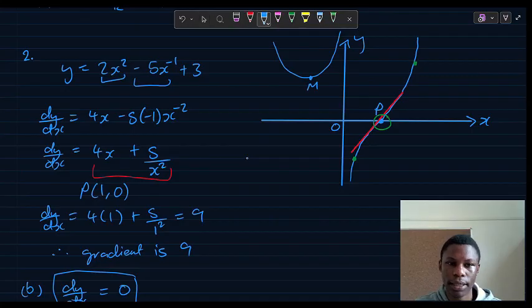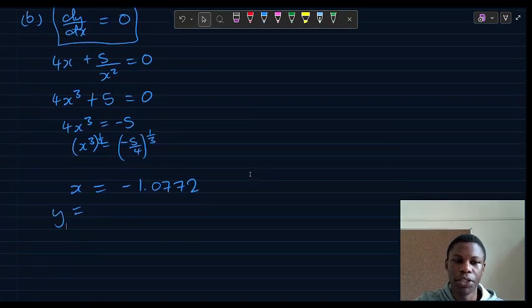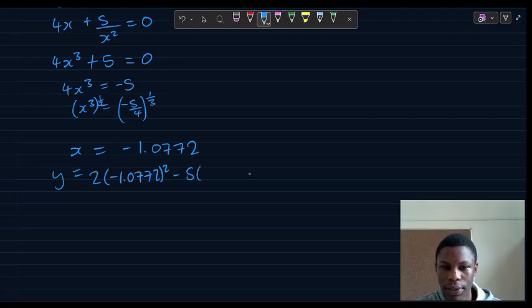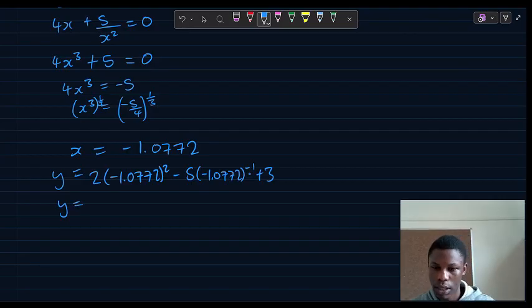In this case, the equation of the curve is y equals 2x squared minus 5x to the negative 1 plus 3. I can just substitute my x value in there and get our y value. So it was 2 times negative 1.0772, and this is squared, minus 5 times negative 1.0772, this is to the power minus 1, plus 3, so you get that y is equal to,